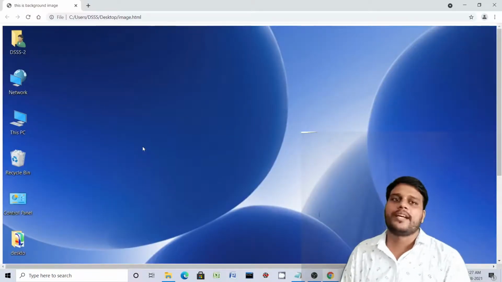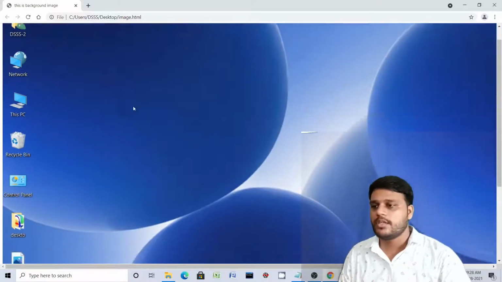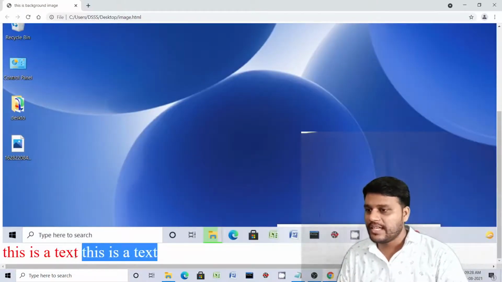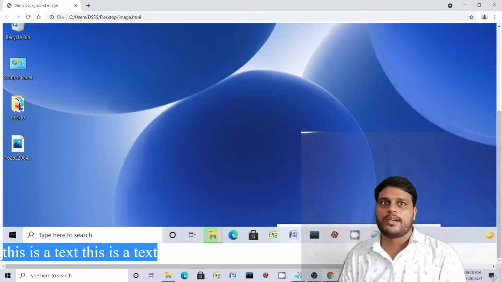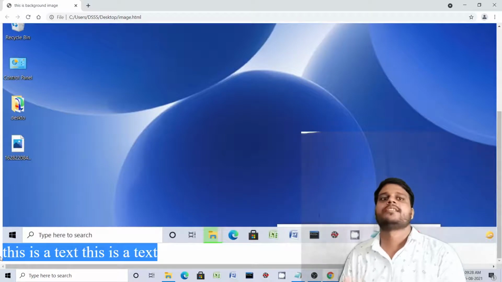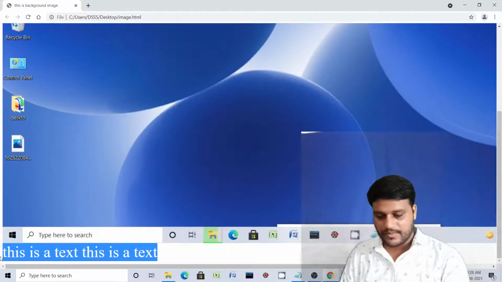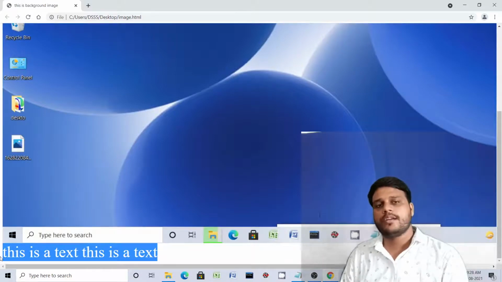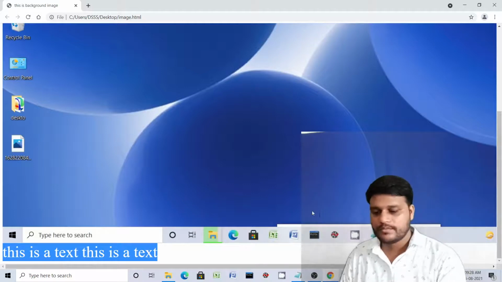and here you can see that your image is set as a foreground, because here your text is below the image. Okay, but in your previous example you can see that this text is displayed as a foreground text on the image. Okay, now you can learn some attributes regarding the image tag.